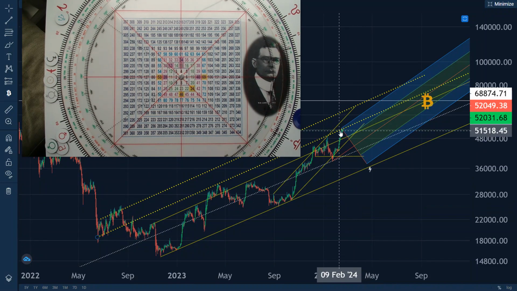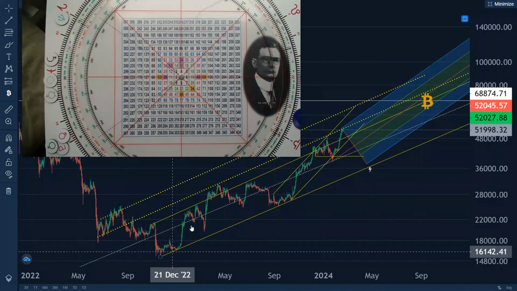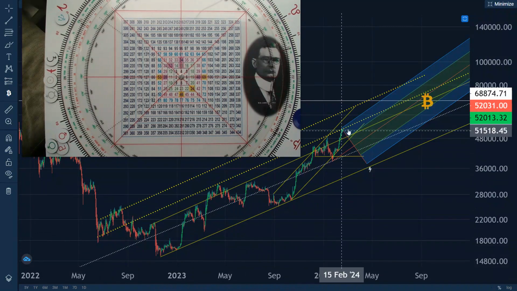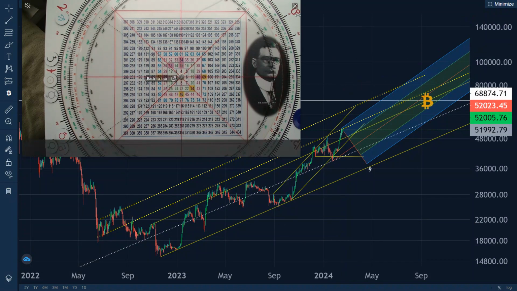Anyways, guys, safe trading. Just be really careful. It looks like we might be repeating another cycle again, guys. So don't let the moon boys get you. Okay, peace and love.